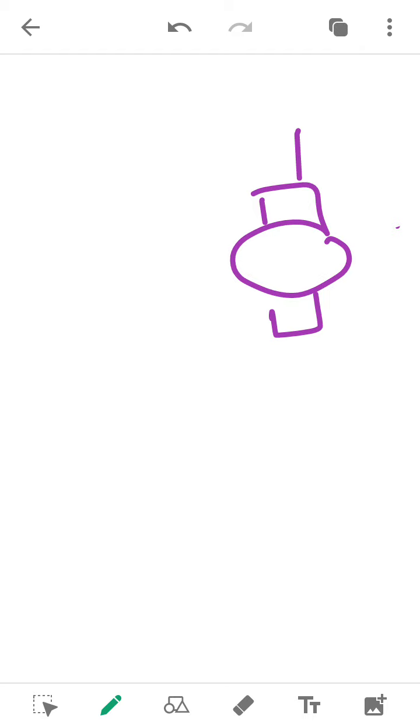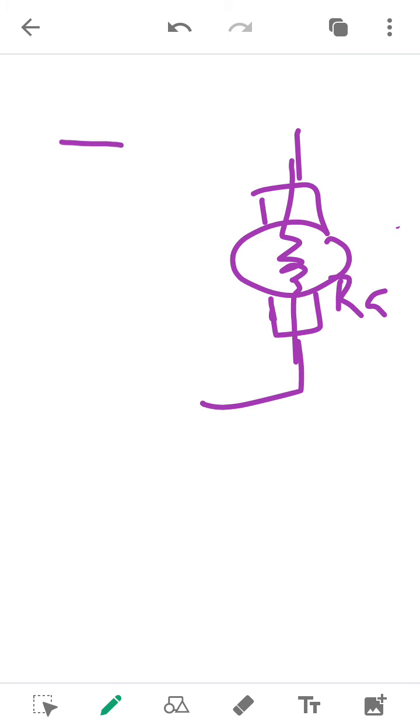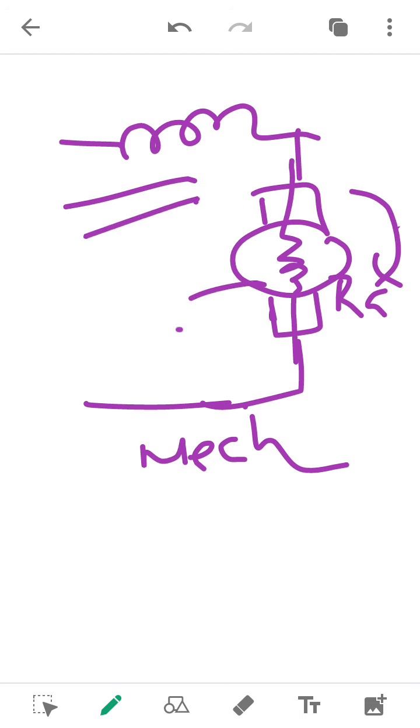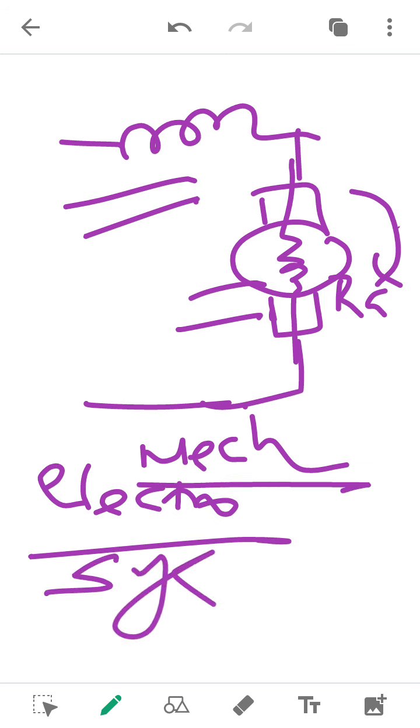Suppose in the same way, you are having a motor. In your lower classes in machines you must have discussed that this is the symbol for motor, and inside the motor we will be having an armature winding, and here you will be having a field winding, and this is a rotational mechanism. So this is partially mechanical. Because of the presence of these windings here, it is also electrical. So it is an electromechanical system. Example is a motor.